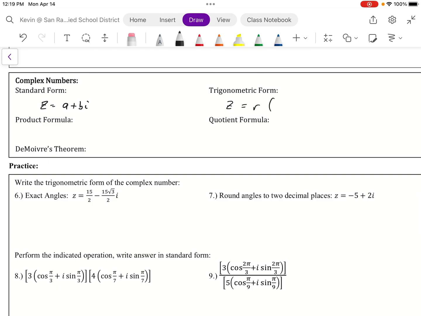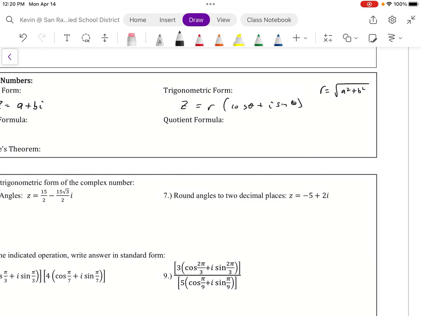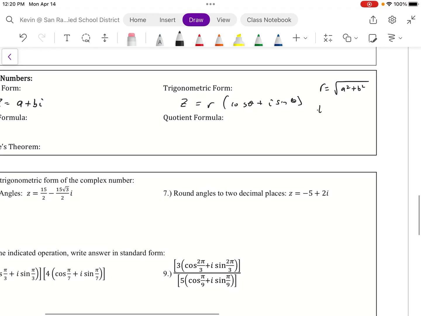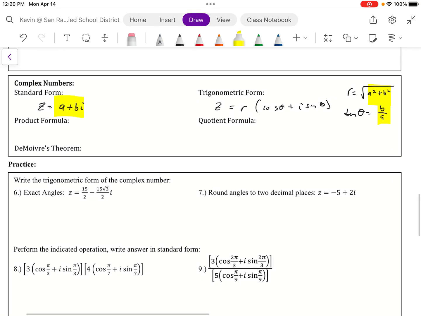You can write a complex number in trig form, which would be z equals r times cosine theta plus i sine theta. Now, we need to find these various things. So we need to find r. r is going to be the square root of a squared plus b squared. And then to find theta, we would take the tangent of the angle equals b over